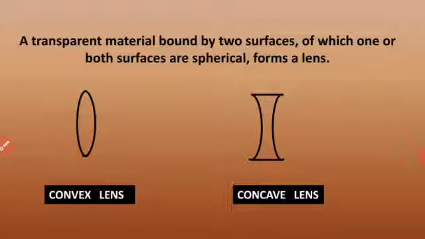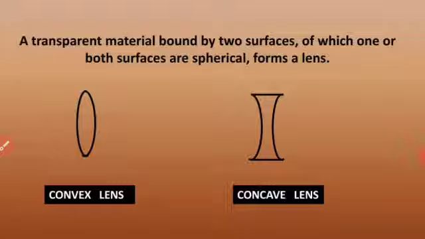It is bound by two surfaces. There are two surfaces in lenses, so light enters from one side and exits from the other side, of which one or both surfaces are spherical. This is an important thing to be noted: the two surfaces may be both curved, or one curved and one plane. It is not necessary that both the surfaces must be curved. So when such an object is formed of transparent medium with two surfaces, this is what we call a lens. We refer to the diagram given below.